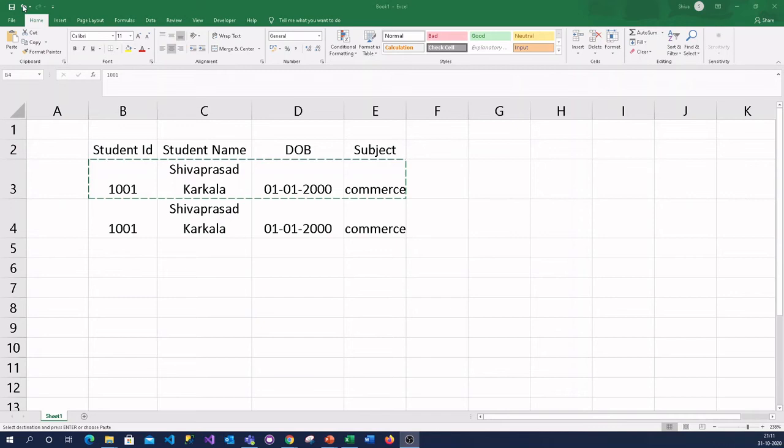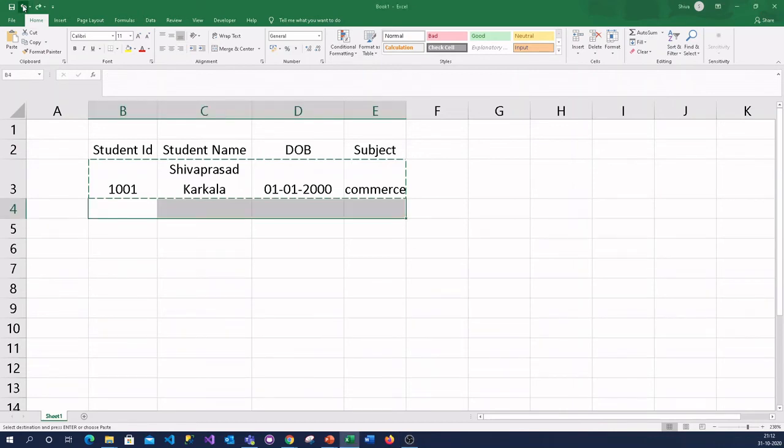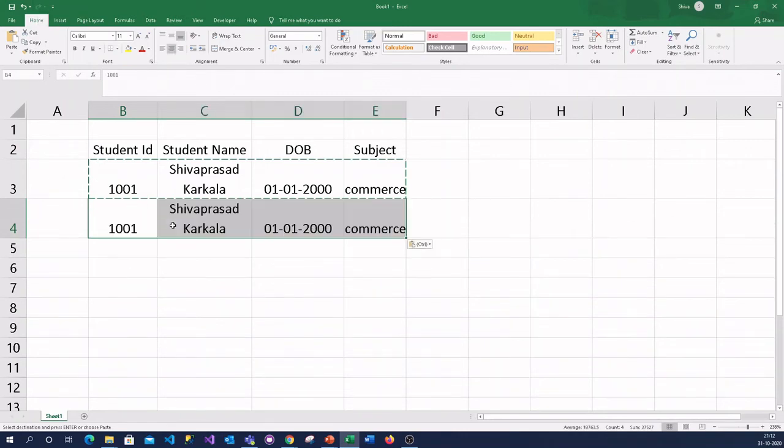Undo button means you can click on the undo button and cancel the last action you have done. See here, the last action I have done is pasting the data. So if I click on that undo button, it cancels the pasted data. So cancelling is by clicking on this button, or you can even cancel the data by clicking on Control and